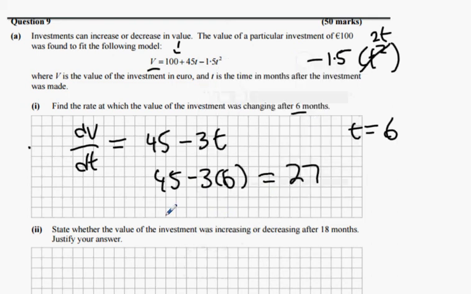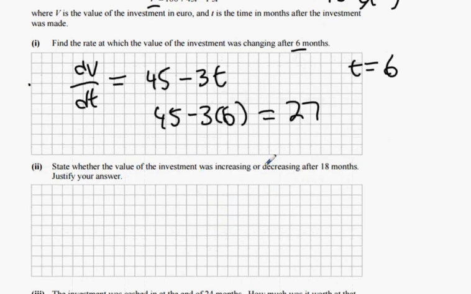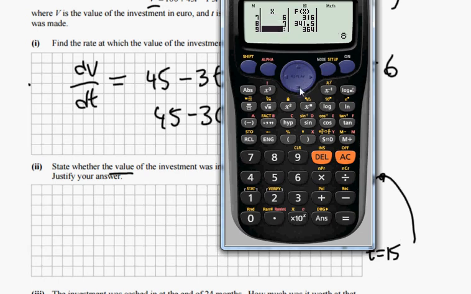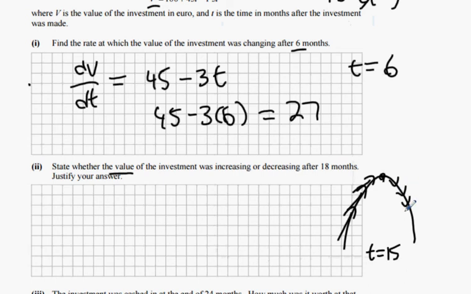So, state whether the value of the investment was increasing or decreasing after 18 months. Now, what did I tell you about the word rate? Rate means if it's going up or it's going down. It's an N-shaped curve. It's on its way up until what point? T equals 15. We can see it here. Then it's on its way down after that. That means it's decreasing. But how do we prove that? You want to prove that the slope is negative. So you want to prove that the dV/dt, which is the slope, is negative